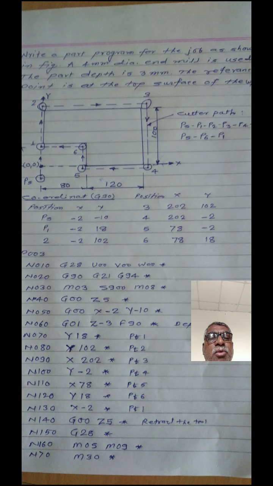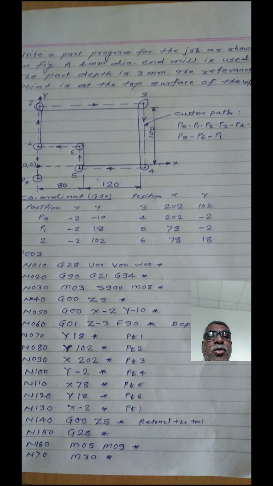The first point is starting point. What are the coordinates of starting point? X coordinate is -2, y coordinate is -10. Is it clear? Starting point. You have to measure the coordinates from 0 point. So that it is x coordinate is -2, y coordinate is -10. Then coordinates of the point P1. As shown in figure,